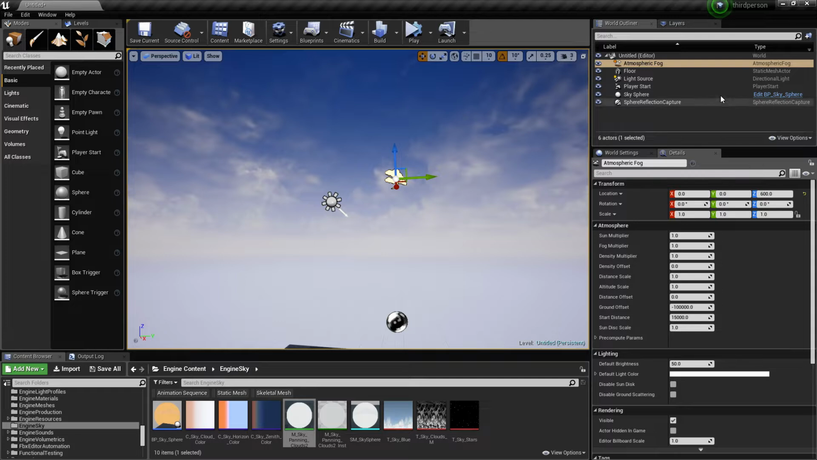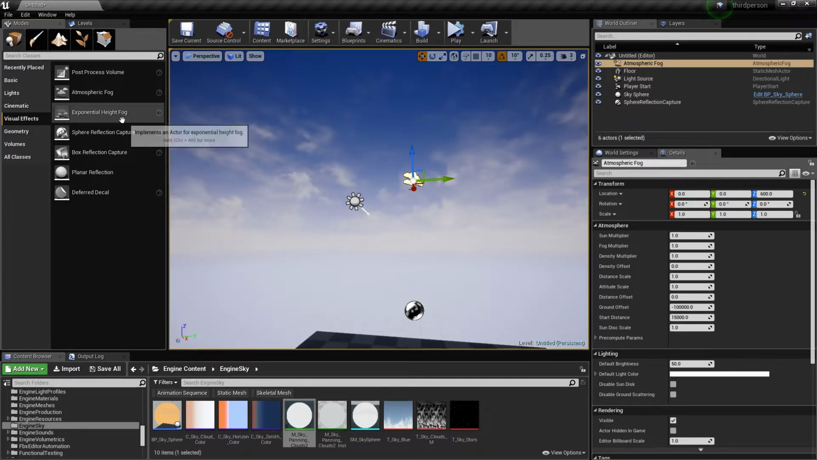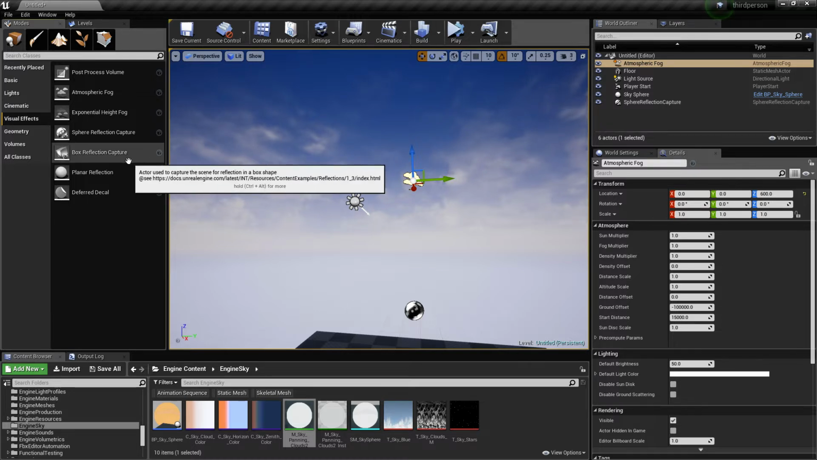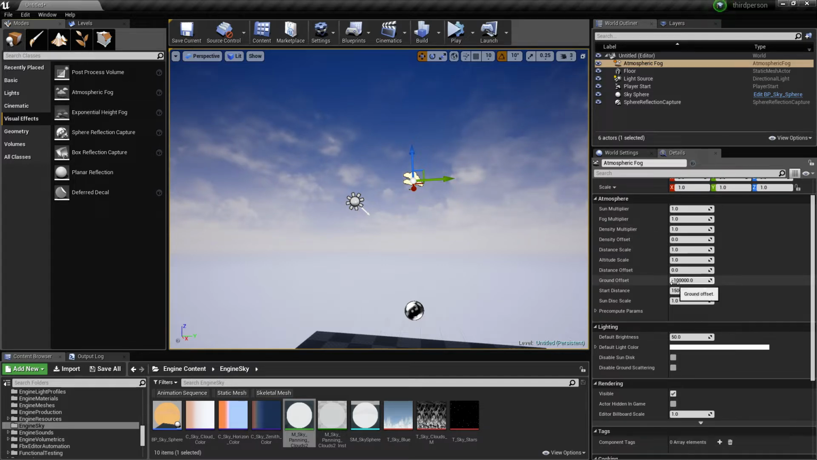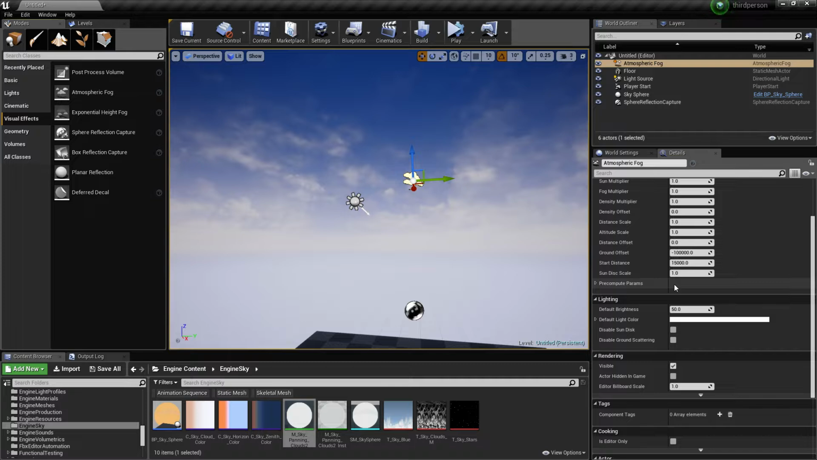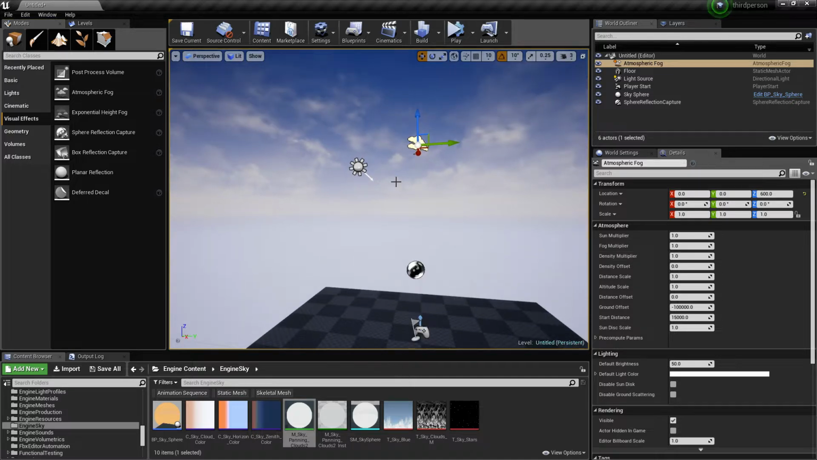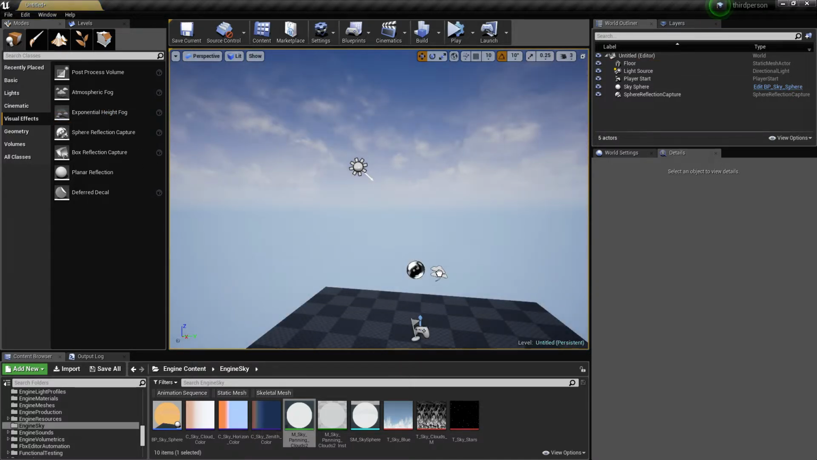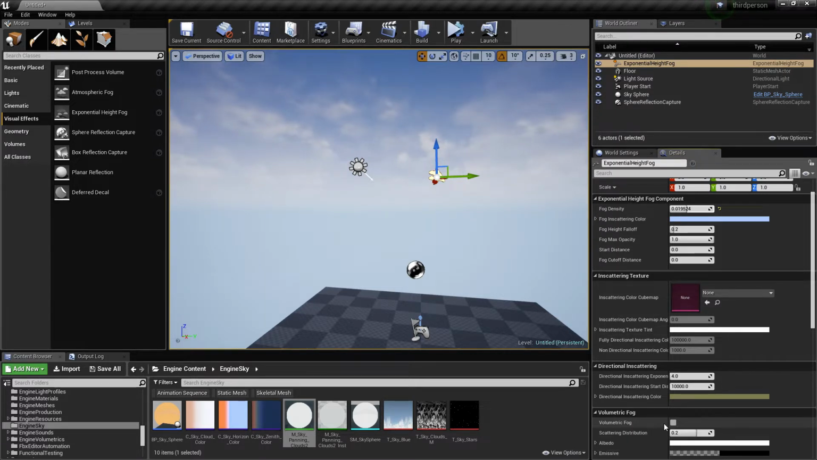We have an atmospheric fog. We don't want that. What we want is visual effects. Atmospheric, do we want atmospheric? Yeah, that's a good question. Sun multiplier, fog multiplier. Let's just get rid of that. I think we want exponential height fog. So if we bring that in, we can then turn up the density. You can see that the density is changing, and we can add it as a volumetric fog. There we go, boom. So as a volumetric fog,